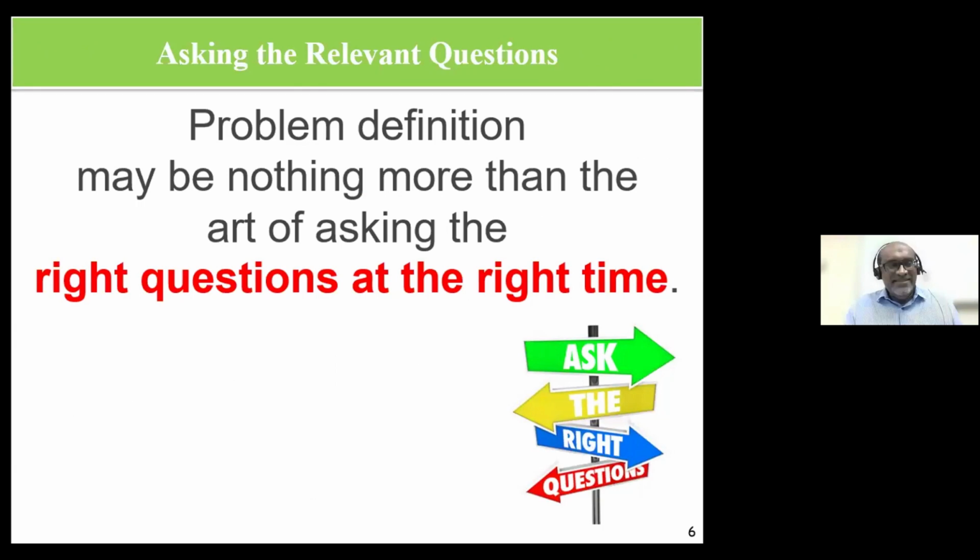Now, to be able to identify a problem, you need to ask the right questions at the right time, right? And you see, the guy who went and saw the screw, he would ask questions like, is this a mechanical problem or is this a human problem? Is the way the operators were using the factory the problem, or was it a mechanical problem, or was it a part problem? In this case, it was a part problem. The screw was a part of the machine, and that was the problem.